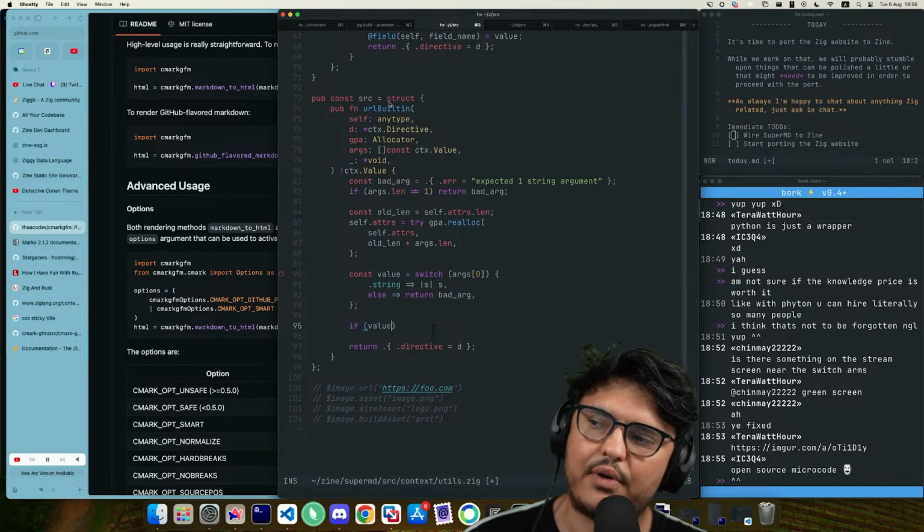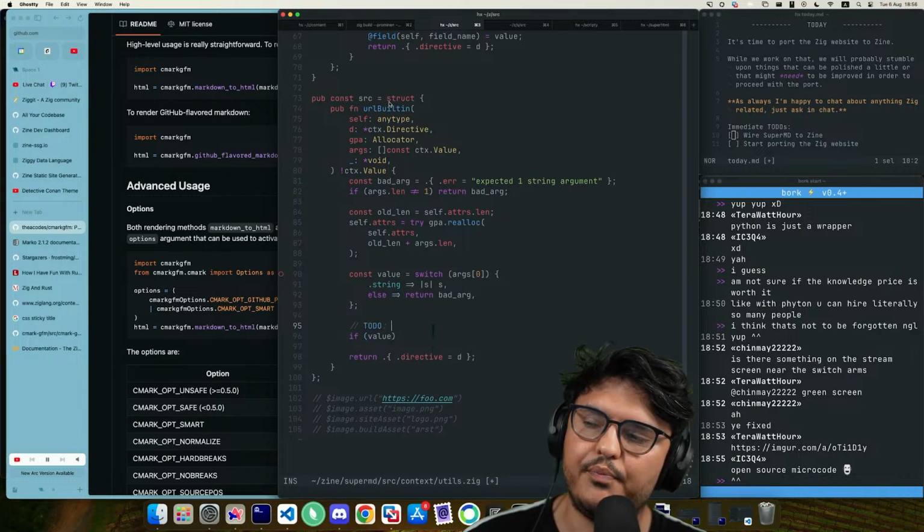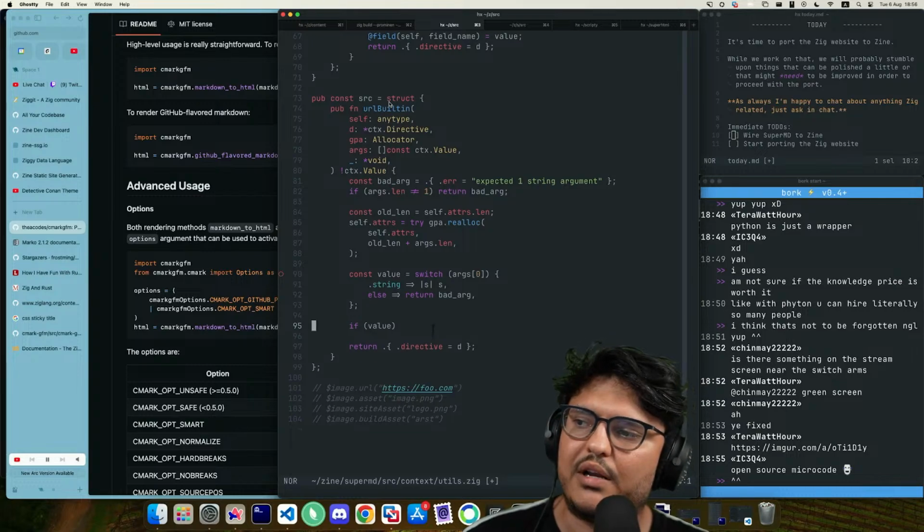It would need to be a correct URI. So maybe let's leave it as a to do: validate URL with proper parser. Oh, you know what? Why do we leave it as a to do? We have one in the standard library. Let's just use that one.